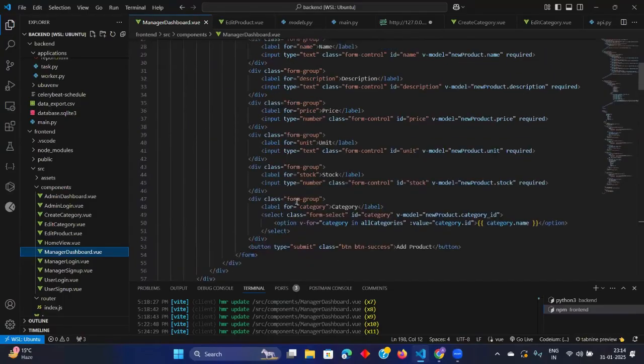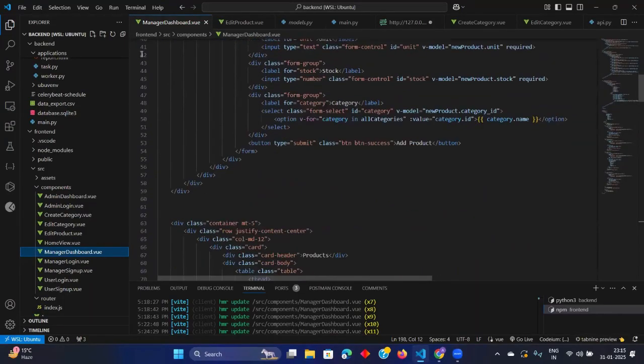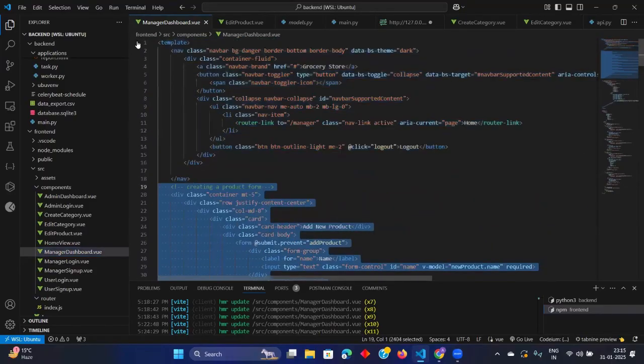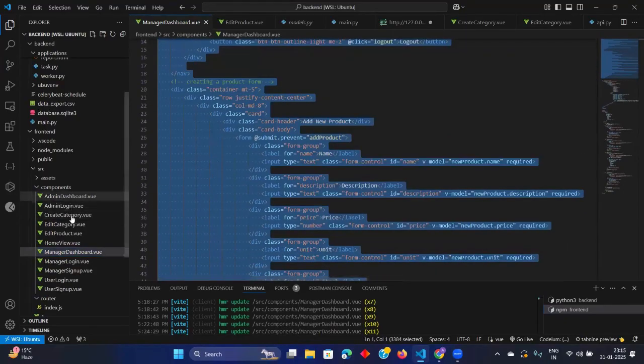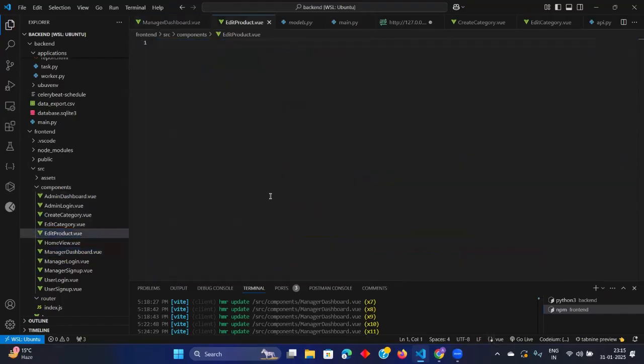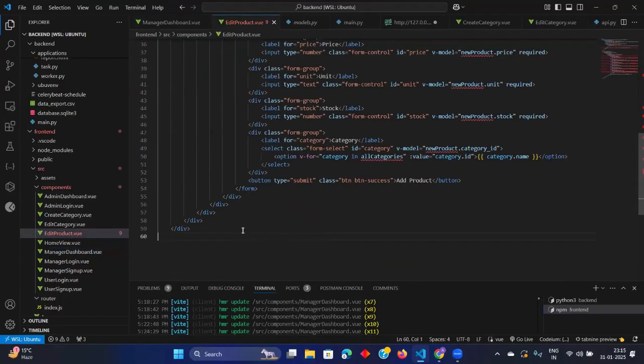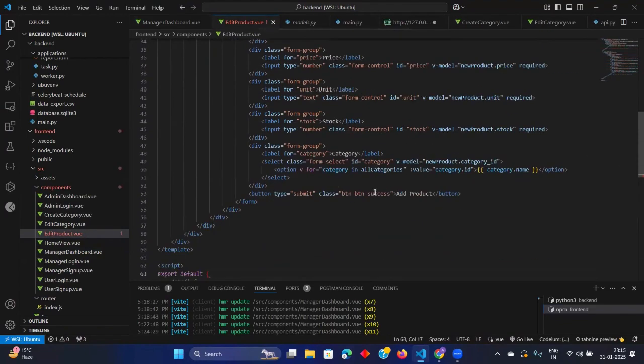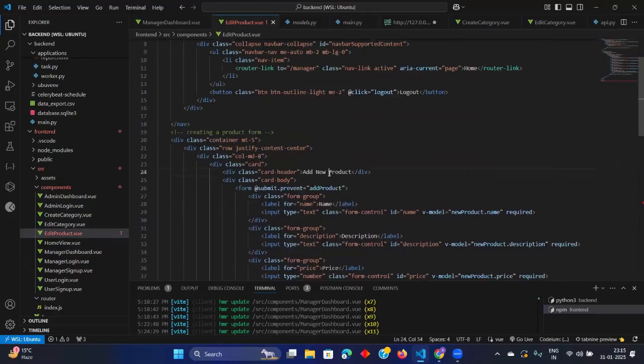Let us copy the same code because it will be the same there. Copy this, edit product, paste it here, then close the template, and now in the script we export default. Now we are not going to add, we are going to edit the product.